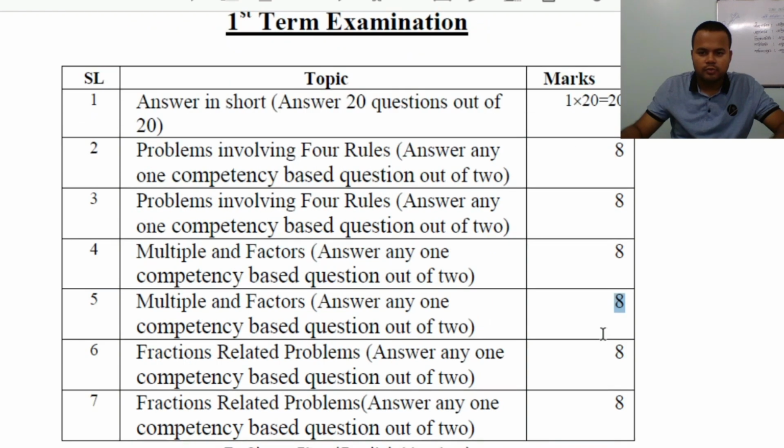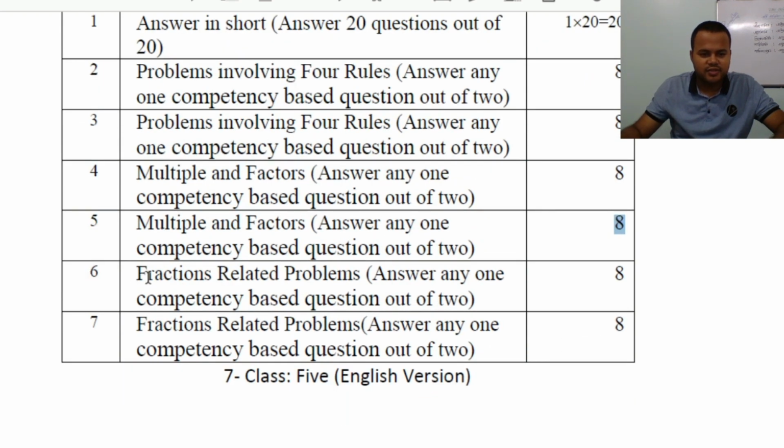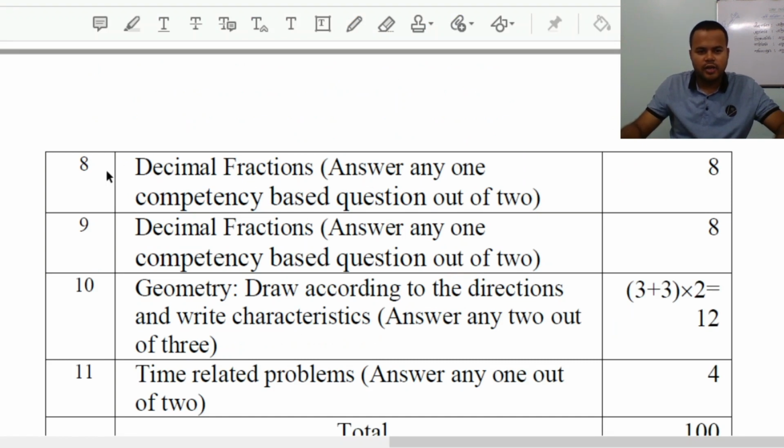Now number 6 here, fractions related problem, and here also you have to answer 1 out of 2 and marks is 8. Fraction related problem, here number 7, also marks is 8 and you have to answer 1 out of 2. Now number 8, decimal fractions, we already finished. Here you have to answer 1 out of 2, here marks carry 8. And number 9, decimal fractions, and you have to answer any one out of 2, marks